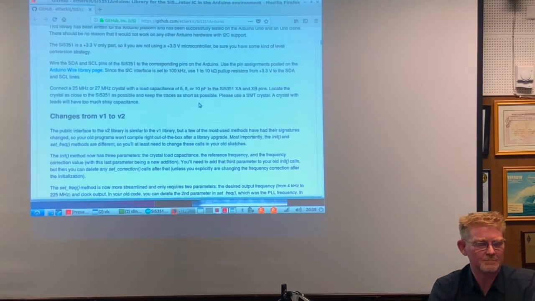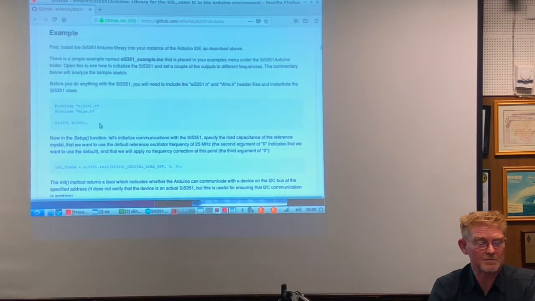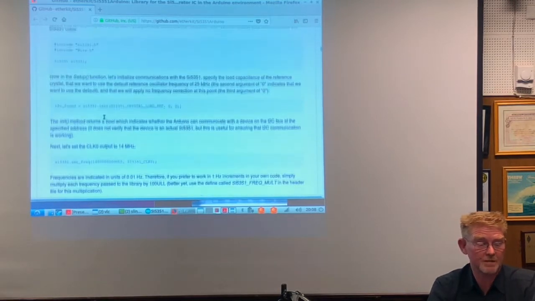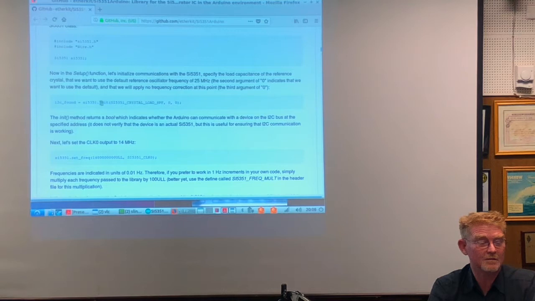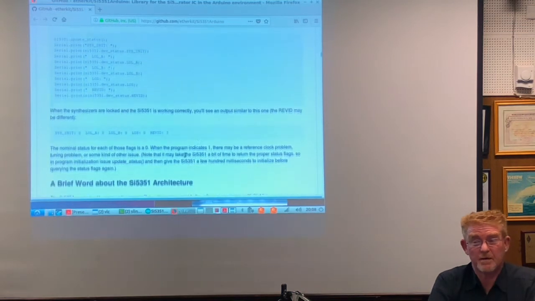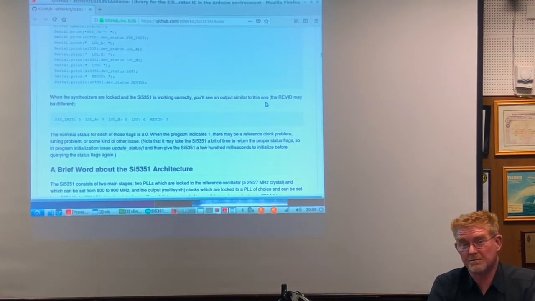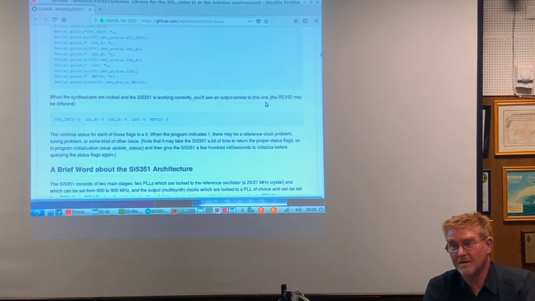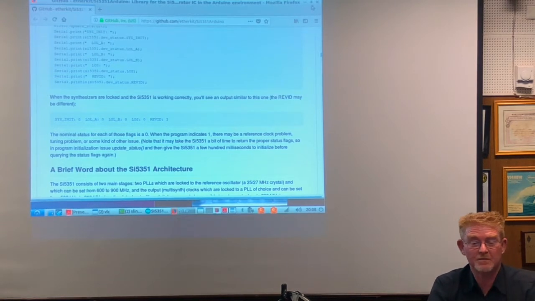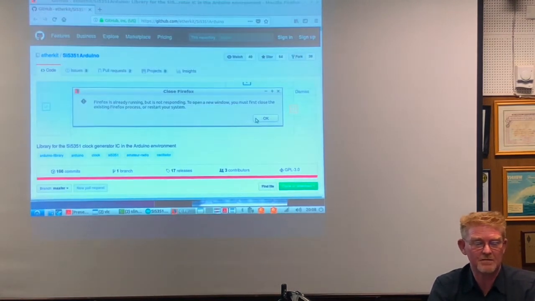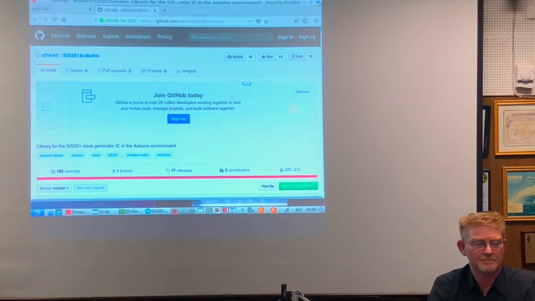Scrolling down, it gives you a background, gives you some little snippets of code, understanding how to use it. Again, it's all within the environment. How to set it up, how to tune it, how to specify where the signal comes out. All the heavy lifting is basically done. You don't need to read the manufacturer's data sheet to work out what registers to set, any issues around ranges and values and all that kind of nasty stuff that makes life so difficult. Or, if you're like me, you're in a bit of a hurry and you just want to get it knocked out in a couple of hours. Right. Close tabs.